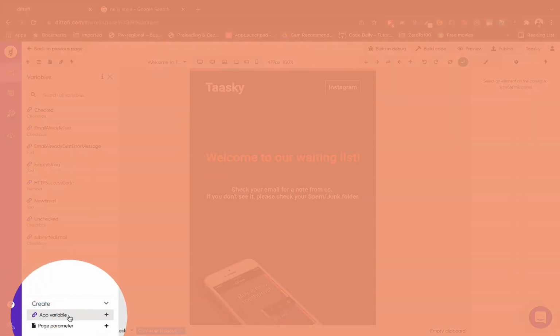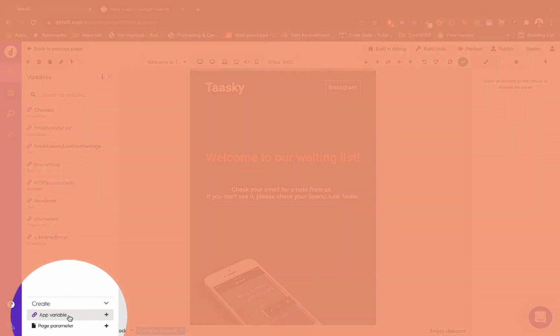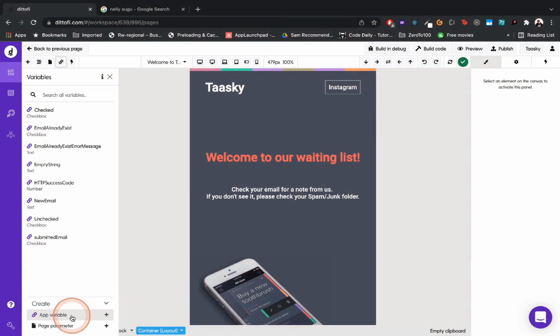If you are somebody that's savvy and versed in, say, React or Angular or Vue, behind the scenes of these app variables, it's a Redux store. So this is pretty much state that you could access across your application. For those of you that don't know what any of that means, variables are a way for you to hold values to use in your app. And in our subsequent videos, we will show you how you can use these variables.